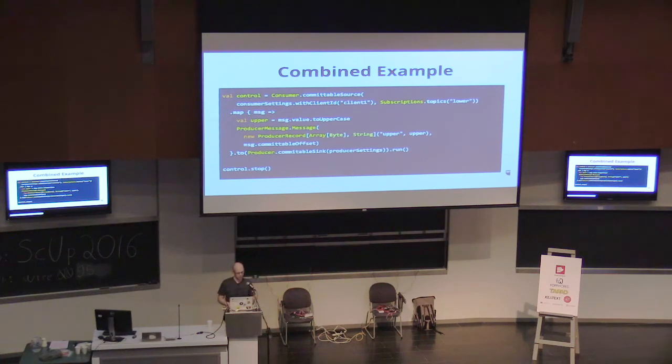And so here, in just a few lines of code, we have at least once delivery. The offset's only committed after the message has been processed and emitted to the downstream. We have full back pressure. For example, if it's being slow to produce messages, the consumer will just stop asking for more messages, and nothing will crash. And it's pretty easy to read. We did a bunch of transformation here in just a couple lines of code. It's a super simple example, but it just shows how easy it is to interact with Kafka this way.